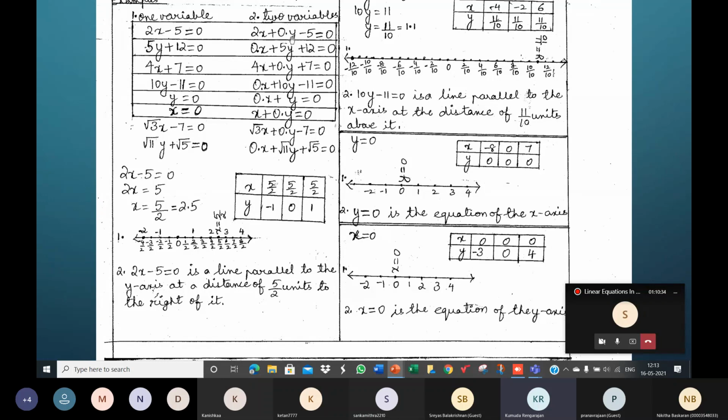See, you give different values for y. What is it ultimately going to be? 0. So this is going to be 0. Let y be minus 1, minus 2, minus 3, minus 4, minus 5, or 100, 200, whatever. Into 0 is 0. So when you solve, you get x is equal to 5 by 2. That's why for any value of y, x is always going to be 5 by 2. Let me repeat that.